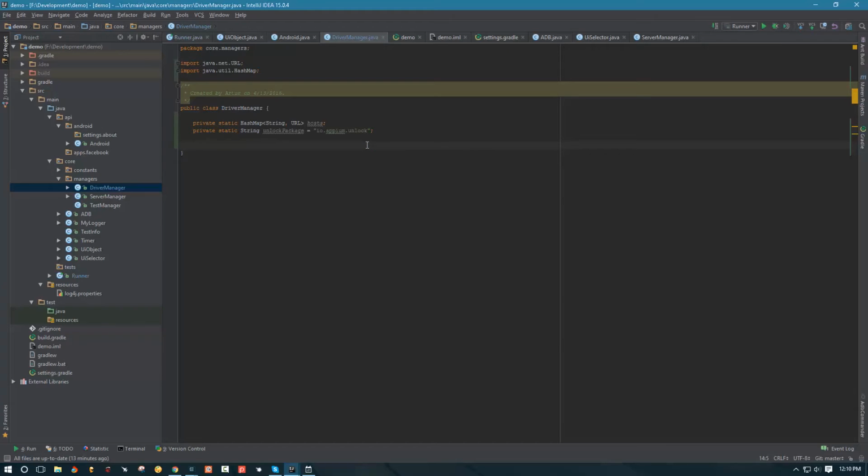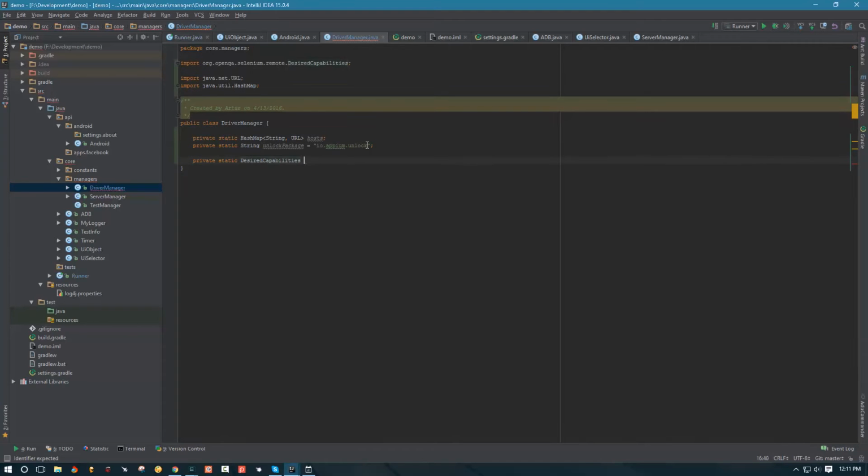So let's create our first method, and this method is going to be private. Basically everything in this class is pretty much going to be private except for two methods. So this one is going to be static as well, because our public method is also going to be static. But in a public method, we're going to be referencing some of these private methods, so these private methods have to be static as well. So this one is going to return desired capabilities,